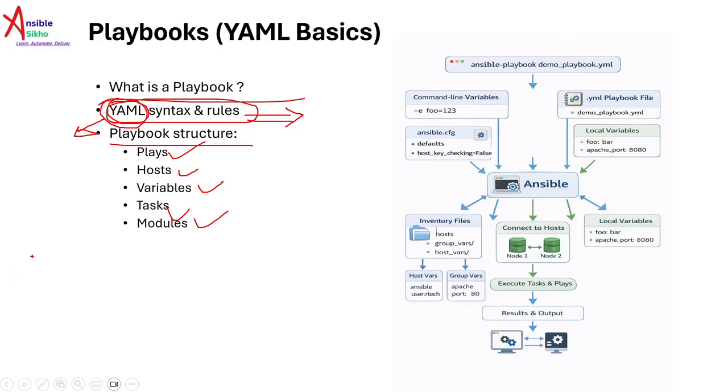Ansible playbook. Once you understand the playbook structure, writing automation becomes very logical, systematic, and easy for you. So, executing a playbook using a command: you will learn how to execute a playbook using the ansible-playbook command. You will understand the common options, verbosity options, and dry runs, limiting execution to specific hosts. All these things you will learn when we are going to run this command